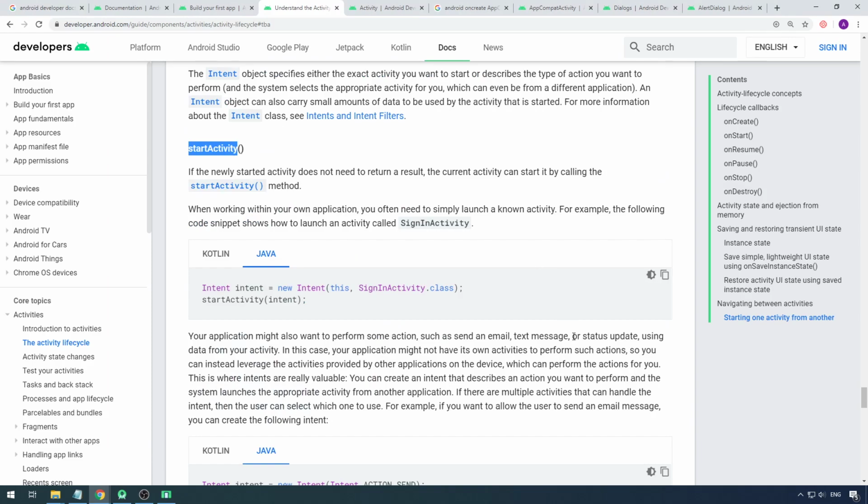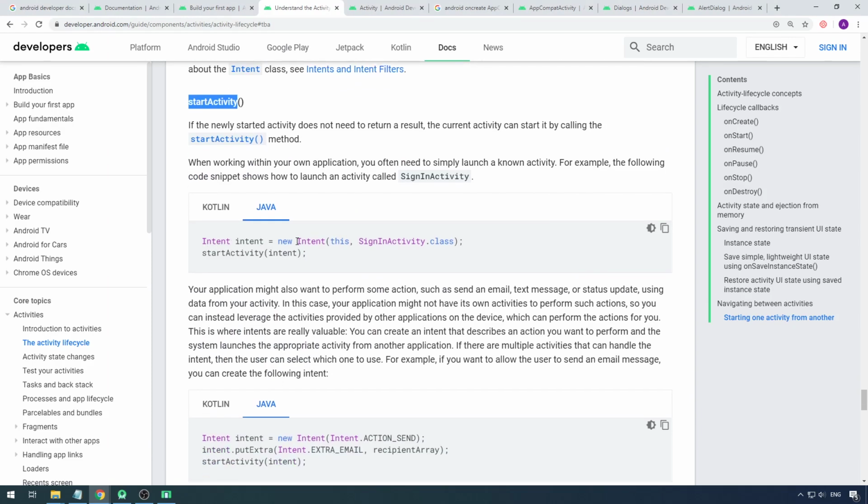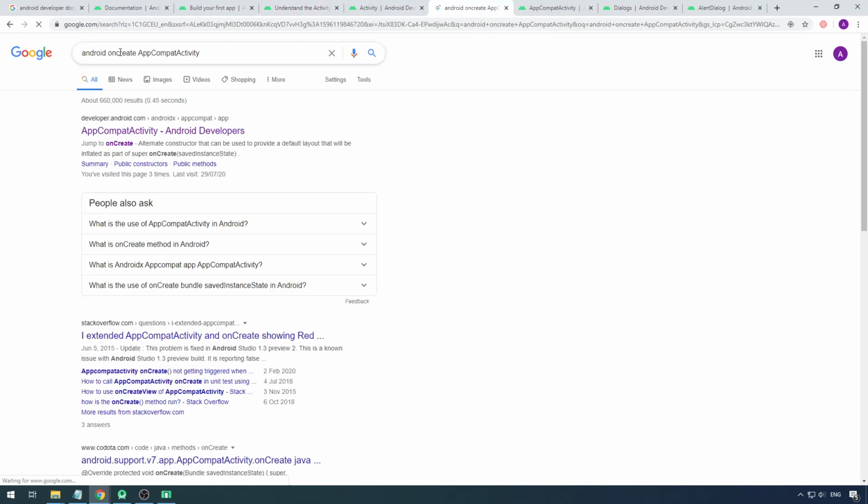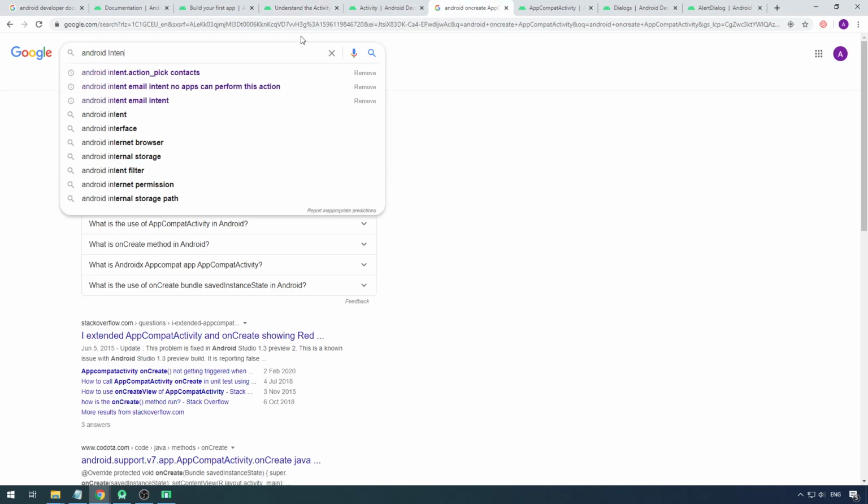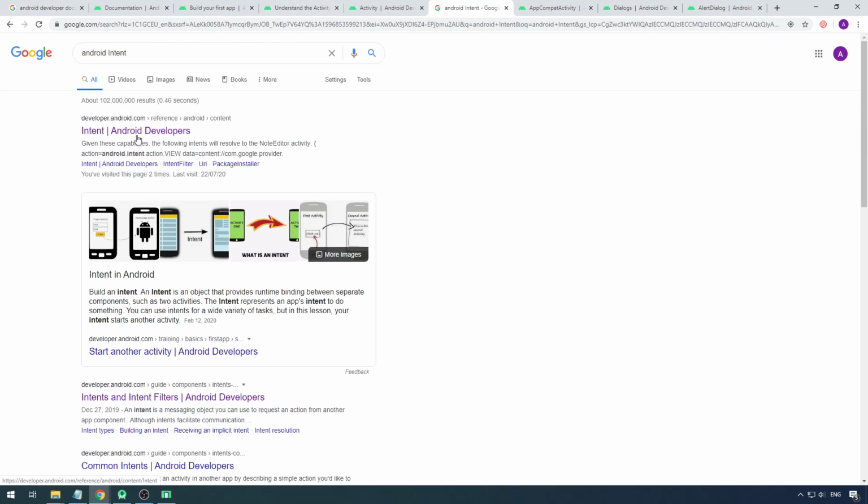As I said, you have to create an intent and pass the class file of the second activity, and then you just call startActivity. What's the first parameter? Let's look into the API of the intent. Let's do a Google search for Android intent. This is the API reference. When you go to the Intent class,